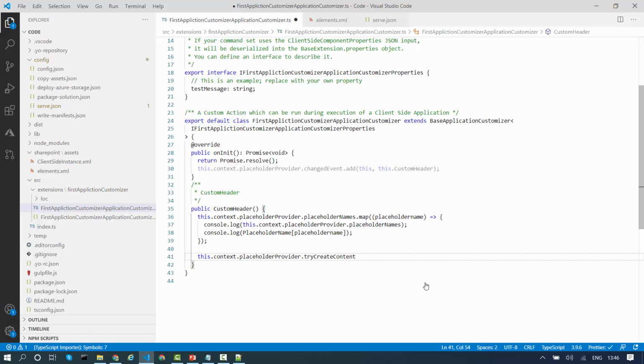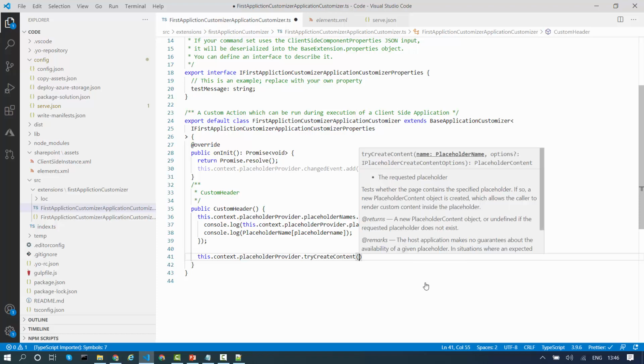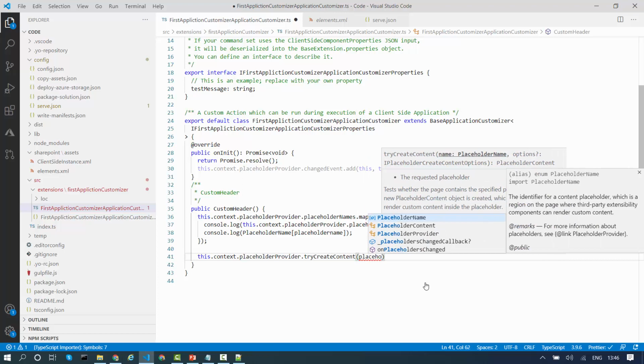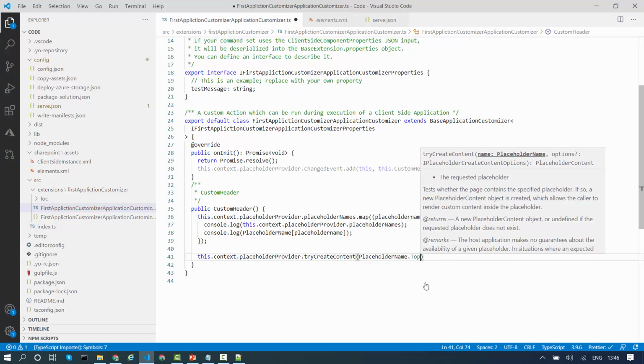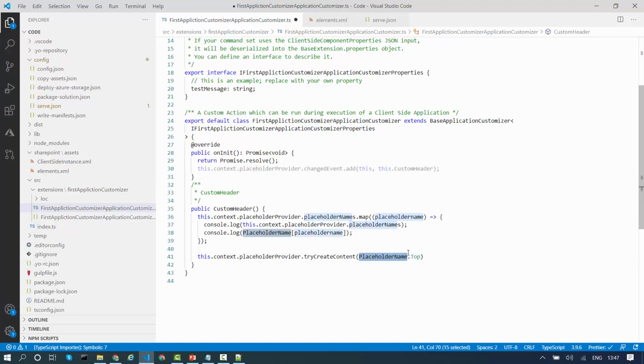Inside it, you can see it asks for the name, the placeholder name. The name of my placeholder is, I will use the property PlaceholderName.Top. I want to create the top placeholder. This is the placeholder name you saw, PlaceholderName.Top, and inside this I have to add a dot.